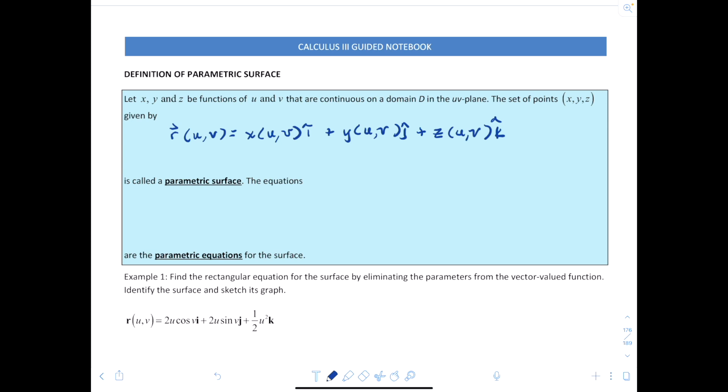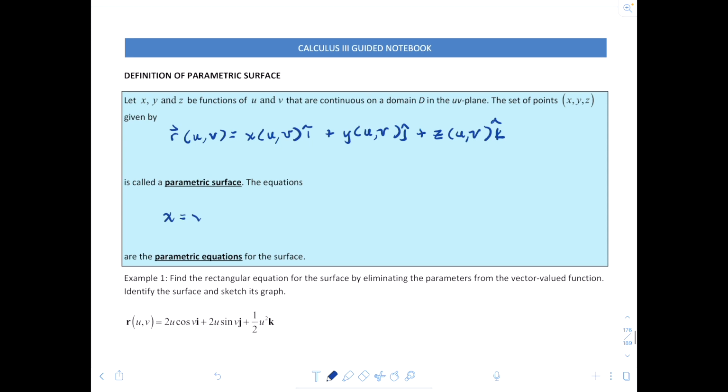So the equations x equal to x at u and v, y equal to y at u and v, and z equal to z at u and v